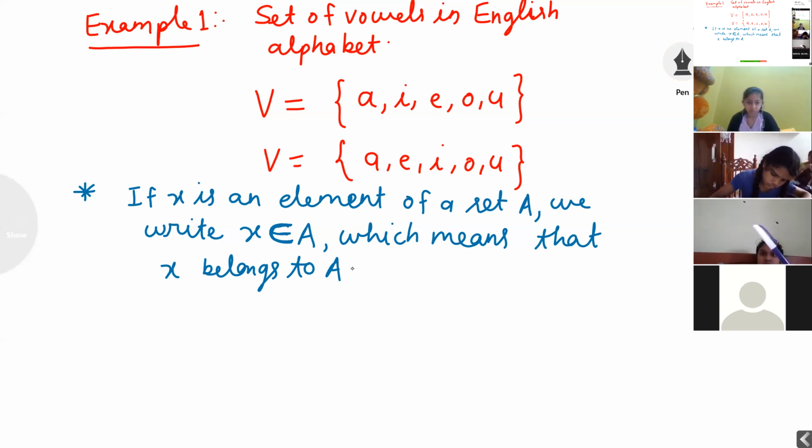If I have written like that, what is the meaning of that? x belongs to capital A. x belongs to set A.